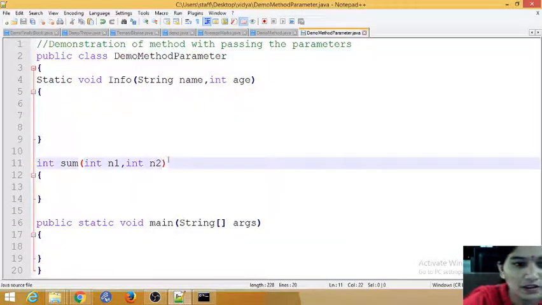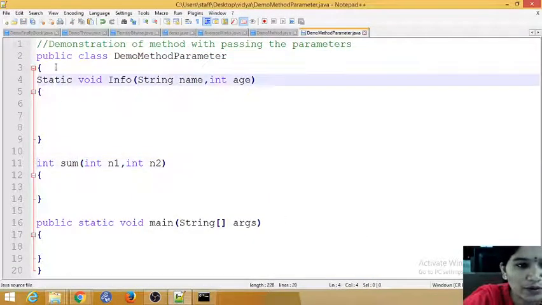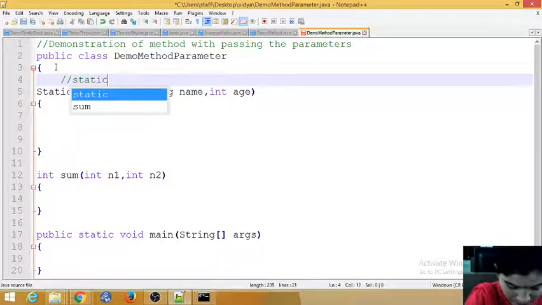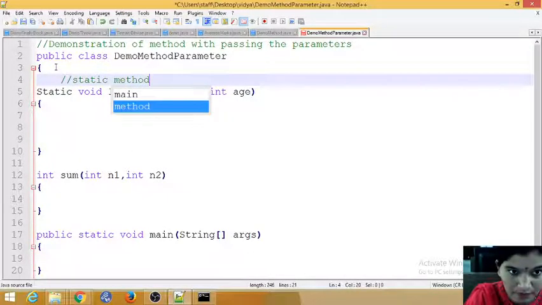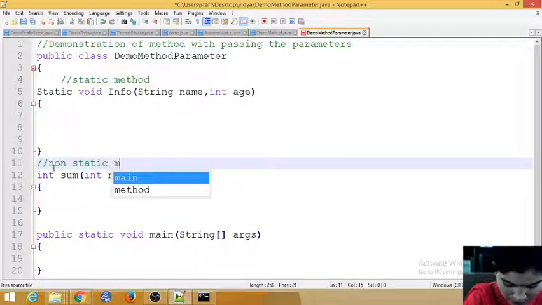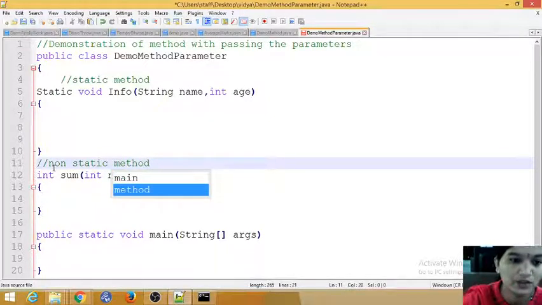Save the file. Now we are getting colors. So I have two methods, one is a static method and one is a non-static method.